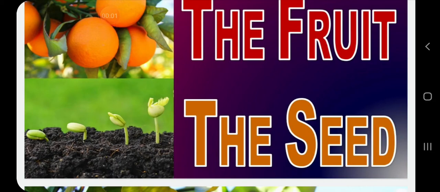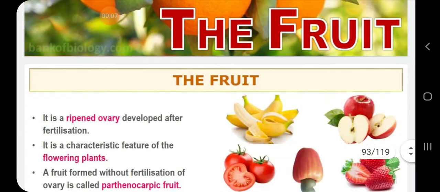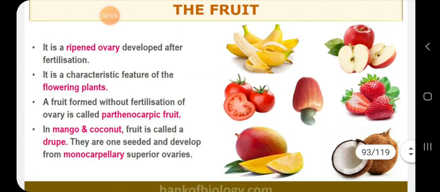Now the next portion of the morphology in flowering plants are the fruit and the seed. It is a ripened ovary which develops after fertilization. It is a characteristic feature of the flowering plant, because they have a seed but it is covered with the fruit. The fruit formed after fertilization of the ovary is called